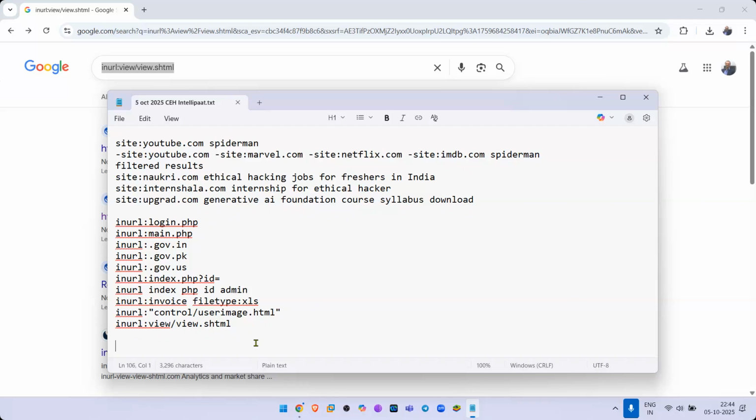These commands have always been there in Google. These are what we call Google Advanced Operators. 99% of the world does not know that Google is capable of doing this. These commands have always been there since Google was created, but people are not aware. You are just typing on Google and thinking this is how to use Google. This is how hackers actually use Google.